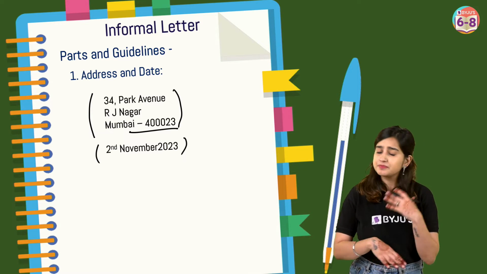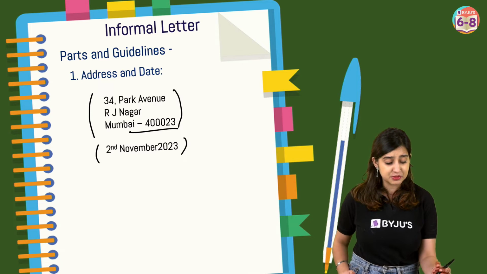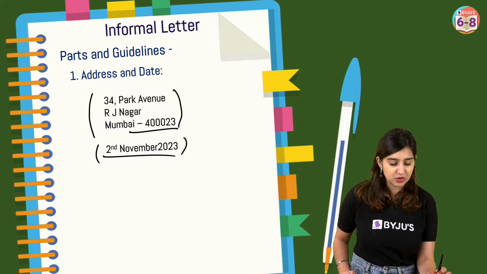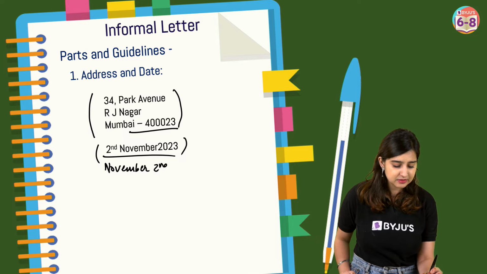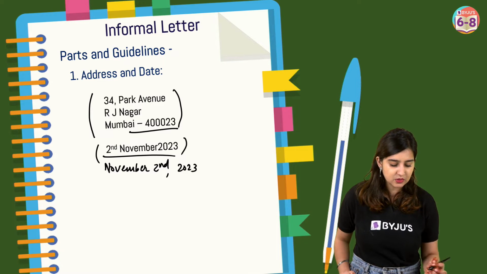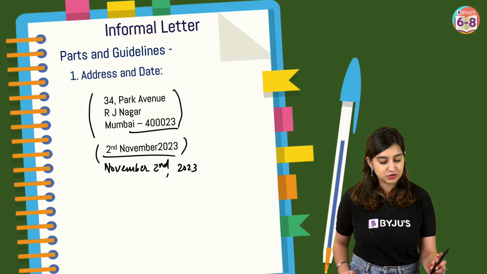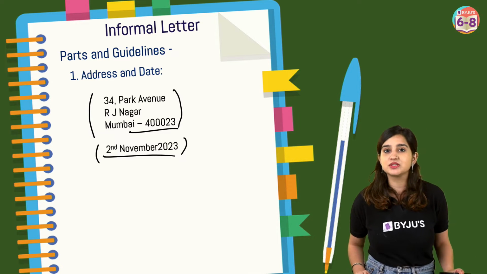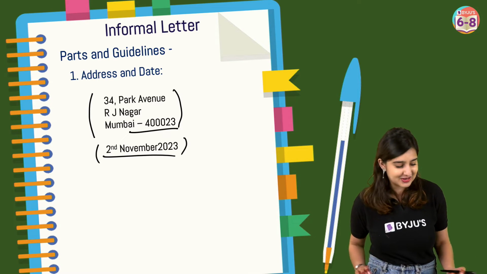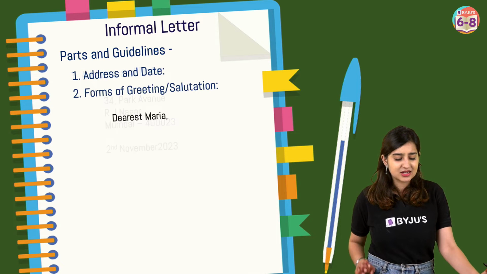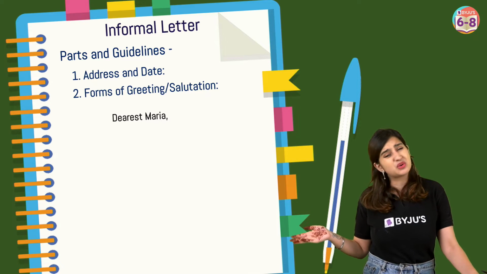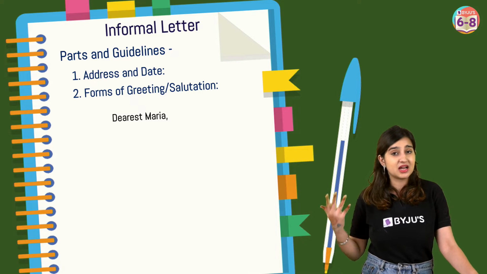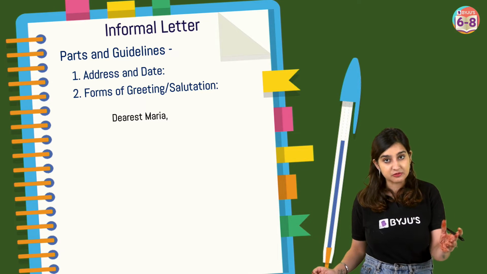Format for date can be anything that you're comfortable with. This also works if you want to do month first. That also works, okay? If you don't want to put second, then do this. So you have various formats that you can use to write down the date. Just make sure that you're writing it down correctly. Okay? Like I said, not a lot of rules in informal letter. It's quite easy. So it's very unlikely that you lose marks because of format.